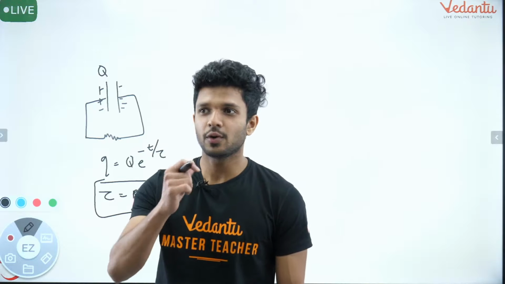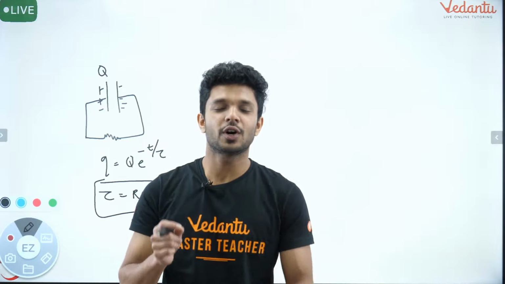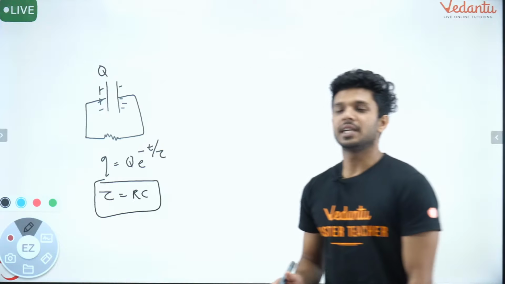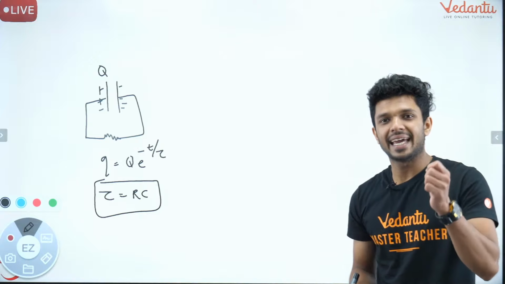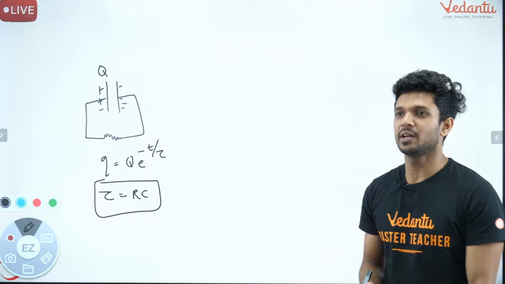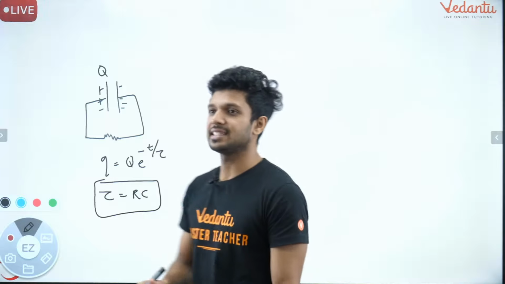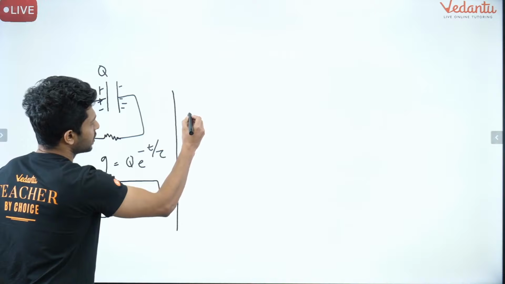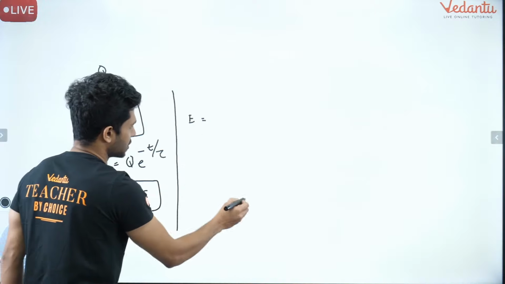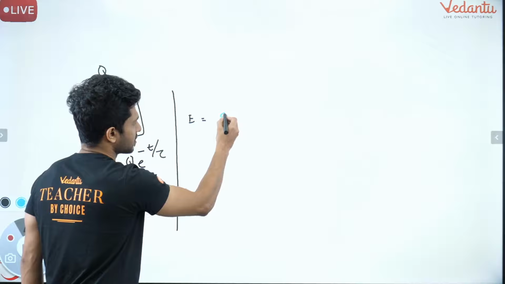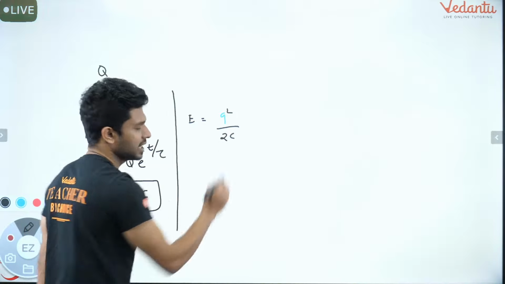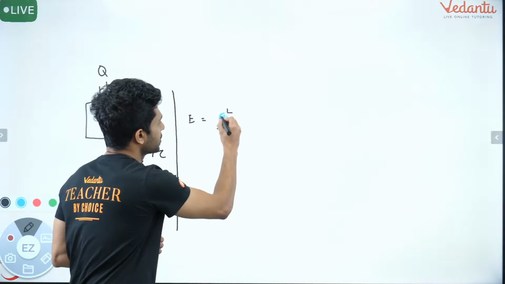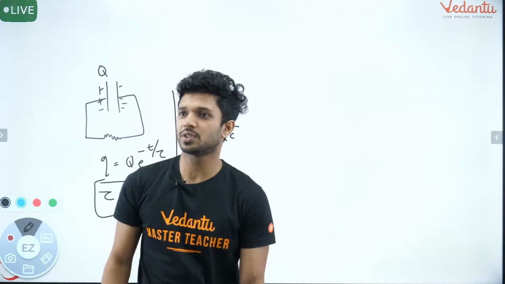Yes. Okay. Now you have to tell me what is the formula for the energy stored in the capacitor plates. Who will tell me what will be the energy stored in the capacitor plates? Energy stored in the capacitor plates is equal to q square divided by 2C, right? Okay. Initially what will be the charge? That will be equal to capital Q square divided by 2C, right?